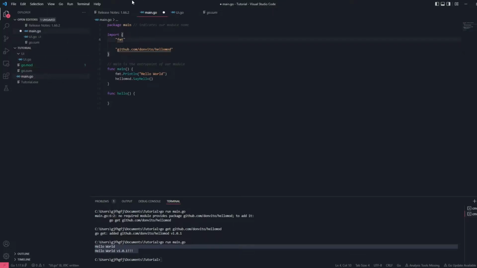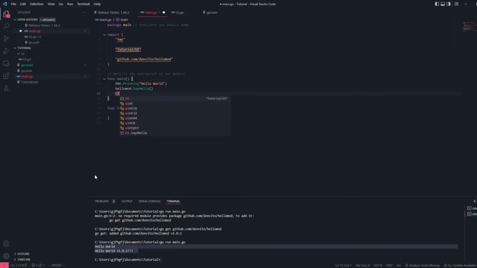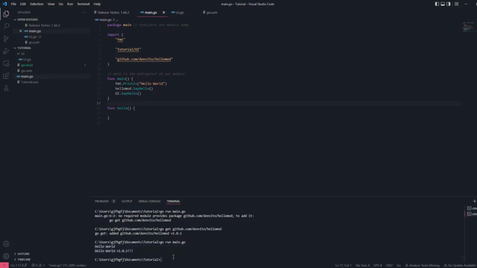And what I can do now is I write tutorial to indicate my current directory, and go on UI, the next directory, and also module as well. And now I can reference UI as the module it is, and say go run main.go, and now I got